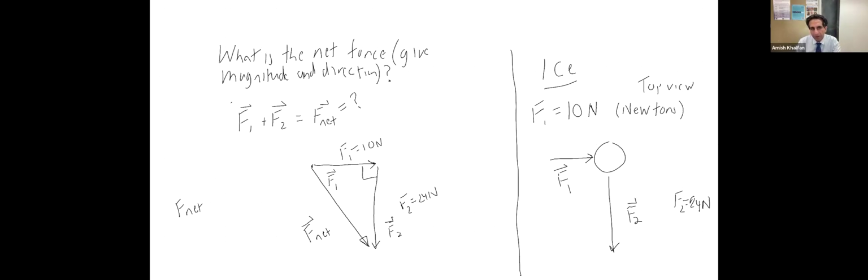Well, if you subscribe to the Pythagorean theorem, this is just going to be the square root of the sum of F1 squared with the magnitude F2 squared, right? And in that regard, this is then the square root of 10 squared plus 24 squared, right? And that's going to give you 100 plus 24